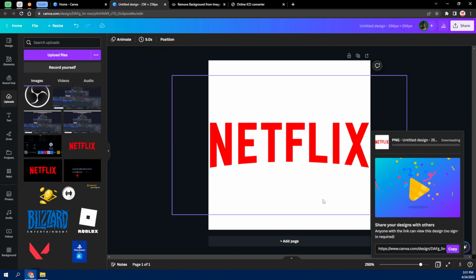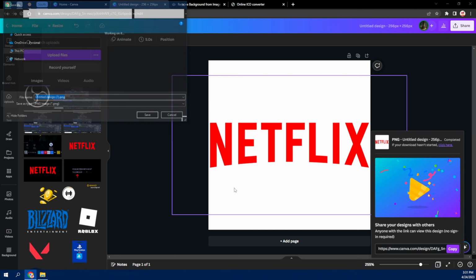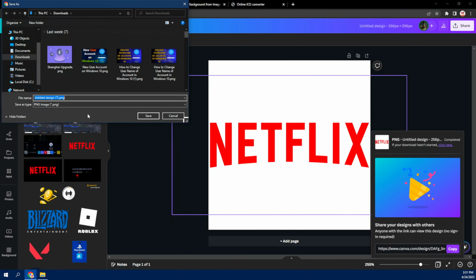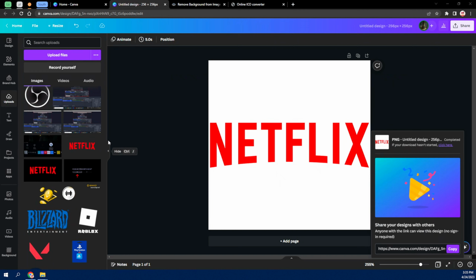So once it's downloaded, we will go over to a folder that needs a new icon. Okay, I'm just going to save this on download. Make sure you know where you're saving your file to. Okay, after you're done downloading your image, and for those of you using the free Canva, after you're done downloading